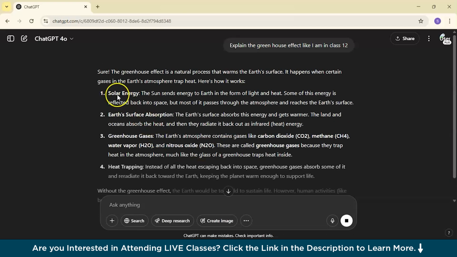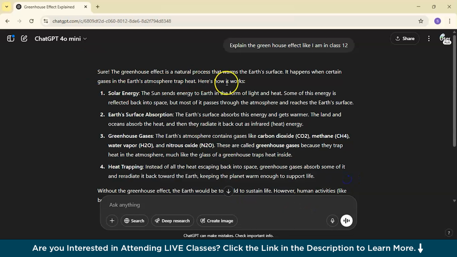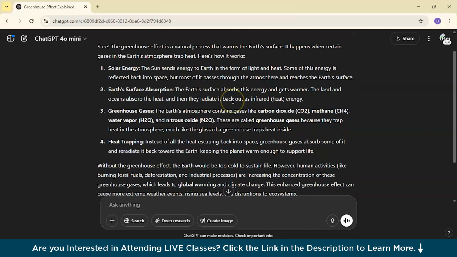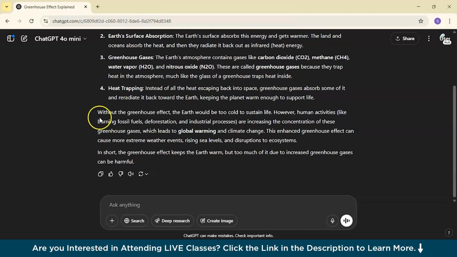So you can basically see a human-like generation. Just like, sure, the greenhouse effect is a natural process that warms the Earth's surface. It happens when certain gases in the Earth's atmosphere trap the heat. Here's how it works. It gives a detailed explanation of solar energy, Earth's surface absorption, greenhouse gases, and heat trapping. After these four points, it has also said that without the greenhouse effect, the Earth would be too cold to sustain life. However, human activities like burning fossil fuels, deforestation and industrial processes